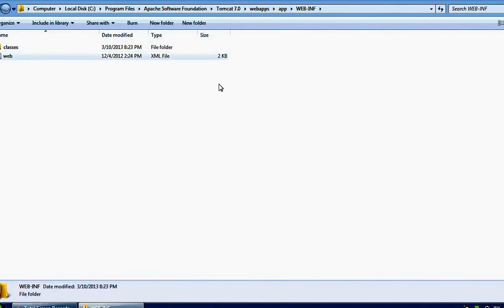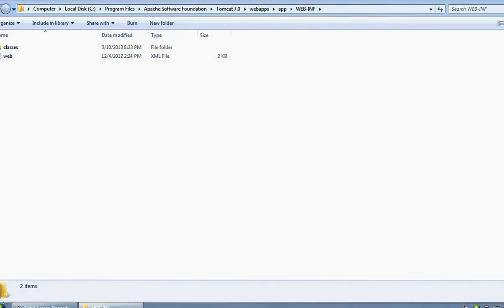Everything should be in capital. Again get into it, create another new folder, rename it as classes. Now copy the web.xml file from Apache Tomcat examples and paste it here. Now just minimize this window.